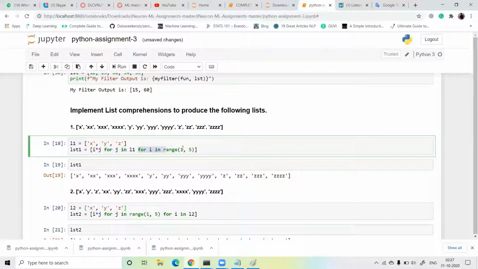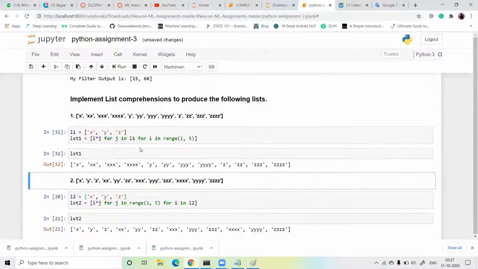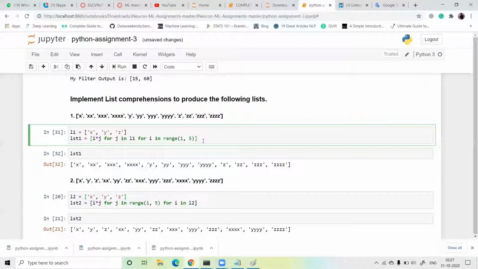Our output is x, double x, triple x, 4x, y, double y, and so on. Using a list comprehension, this is only one line of code, guys, and your output should look like this.